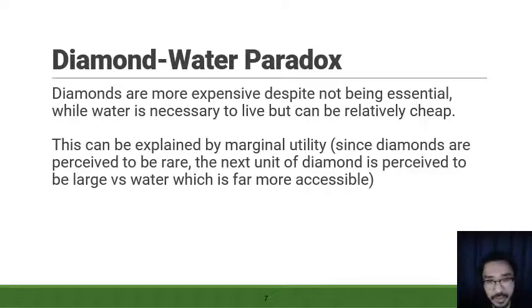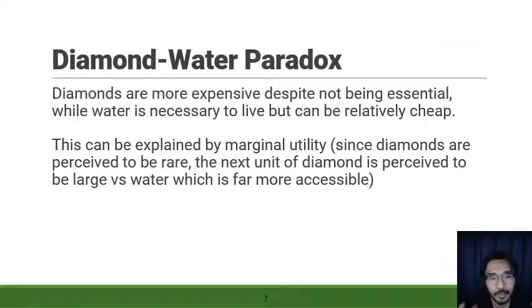So there's an assumption that there aren't a lot of diamonds in the world, so that when you get one diamond, your next unit of diamond is that much harder to get. So if it's a really limited, finite resource and it's difficult to access, it's assumed to be of higher value,